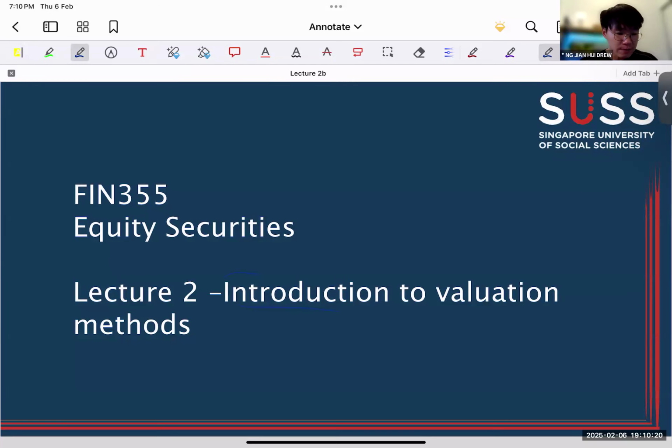And so then we'll go into detail on the dividend discount model, and we'll go into detail on the RI or residual income model, right? So this lecture is just really an overview, but it's very important because as an overview, it means that you do need to really understand the models in order to answer questions in your class test.